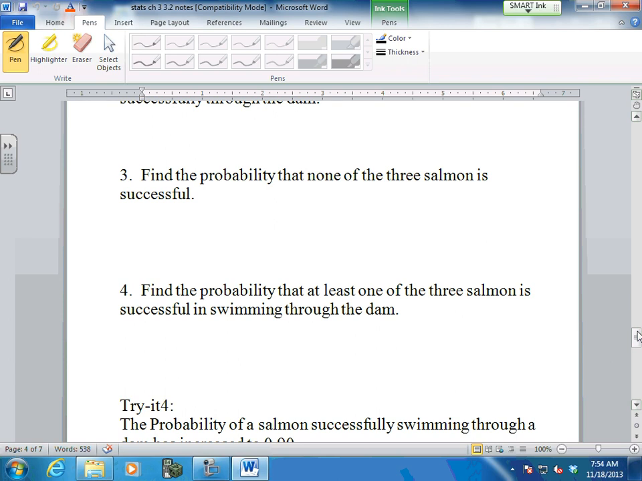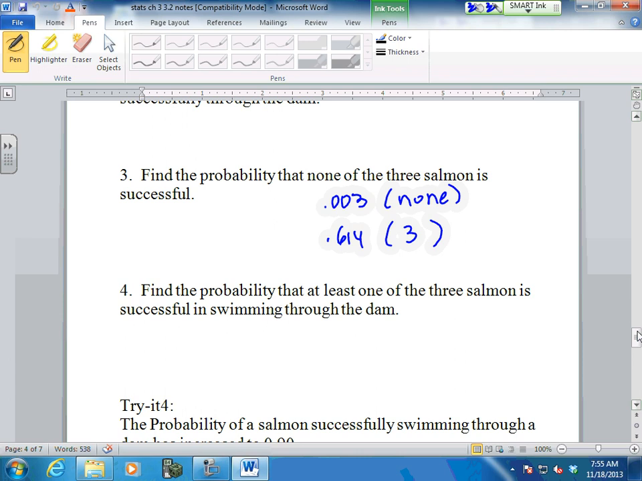So let's just take a look before. We had this as 0.003, that none, and 0.614, that 3 of them got through. Now it's asking me, find the probability that at least 1 salmon is successful in swimming through the dam. Well, we have 2 conditions right now. We have one where all 3 went through, and we have one where none went through. So if I want at least 1 to go through,